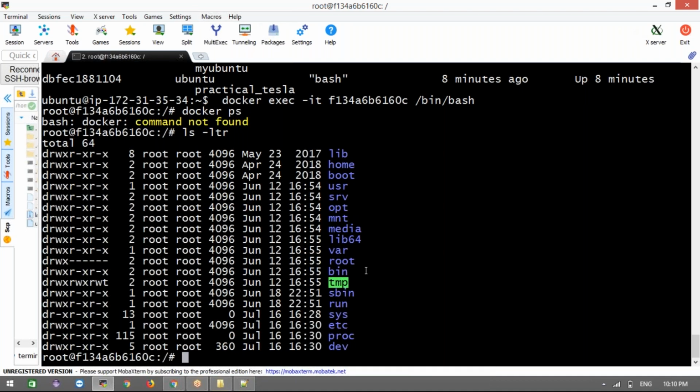This is a container, not a host machine. Tell me, is Docker software there in this machine? Because we are in another Ubuntu. It is also one Linux server now. Tell me, guys, is the Docker software there in this Ubuntu server or not? Confirm, anyone? No, right? Correct, because it is a new Linux server.